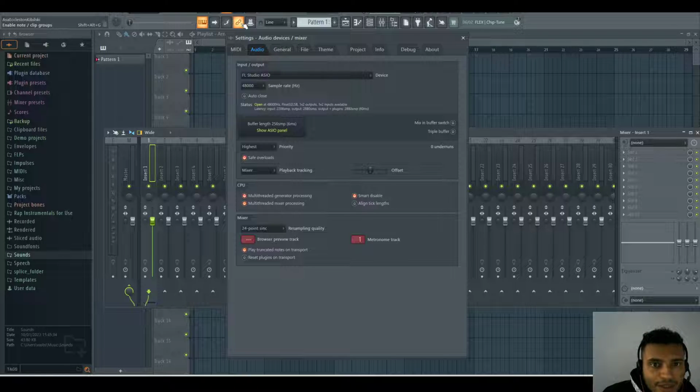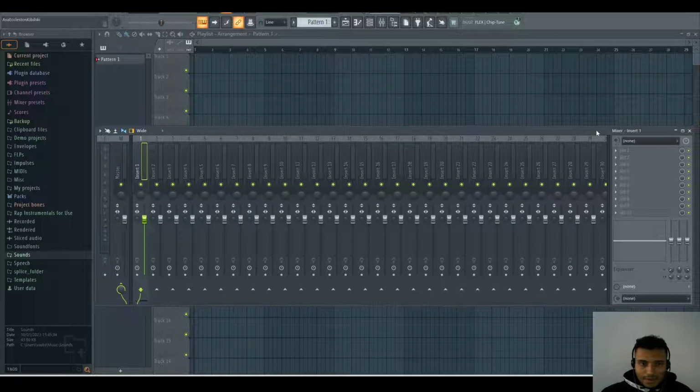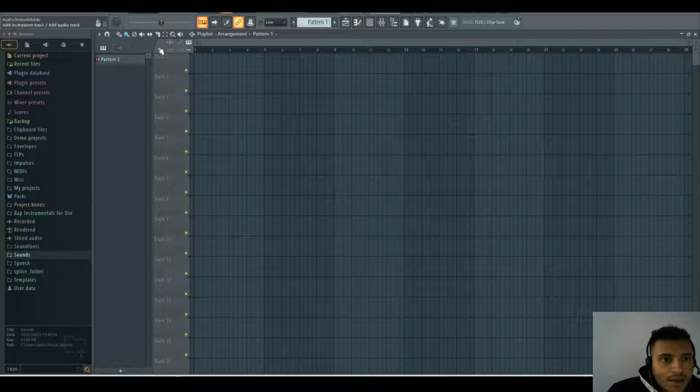So if I play the metronome, let's say, you can see that it's connected to 1. If we changed it to 4, you can see that it plays on 4. So this is where your audio would go into, but I'm not going to use that right now, so I'm just going to leave it at nothing. So we can close that, and the next step that I would say is if we go to this plus